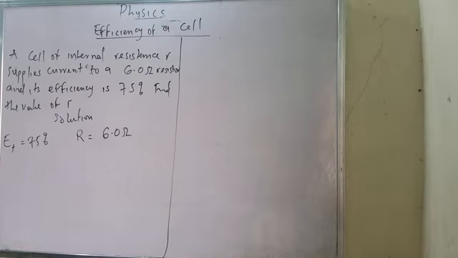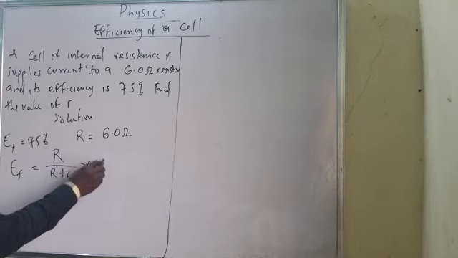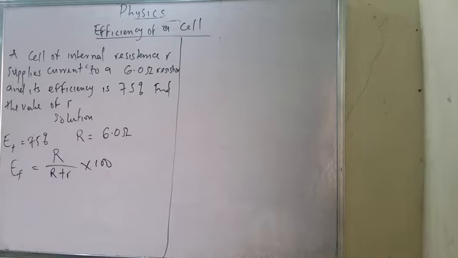Okay, that is very, very good. What else did I have? Supplied, and that is all. Now it means I can say that my efficiency, with what I've said earlier, will be equal to big R divided by big R plus small r, multiplied by 100. We all know my efficiency is 75, equals to R, which is 6,